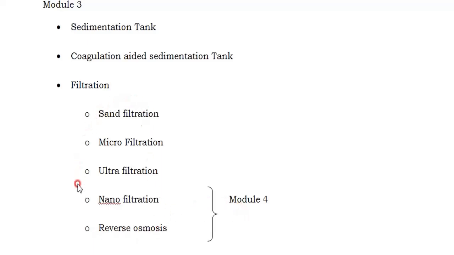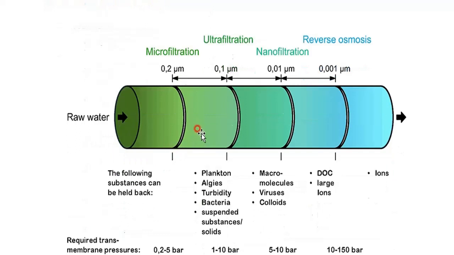Now, first we will understand what all these filtrations refer to by taking one example, one figure here. Here raw water is there. This raw water is brought through the filtration process, and at the end you will get clean water. First we have sand filtration, where water is brought through the sand and the major particles, those more than 0.2 microns, are removed.